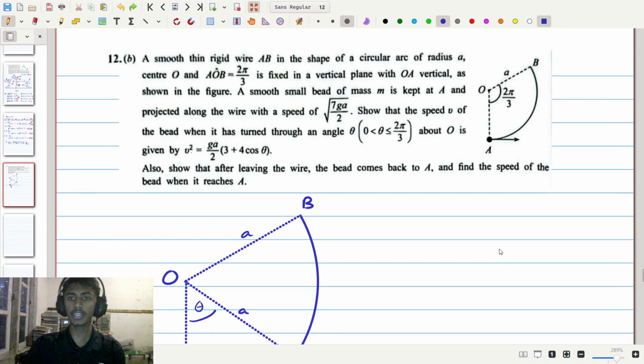So basically what they're saying here is that this particle is going to go along the wire, it's going to reach the point B, and then after that it's going to go out of the wire at the point B projected upward like this. It's going to follow a path that looks something like this. It's going to go back down, and as it goes down, it's going to pass through the point A and keep going. So when it passes through the point A, what we are asked to do is to find its